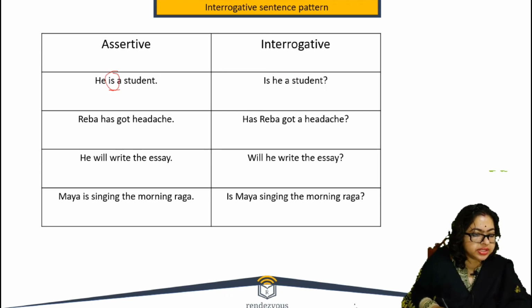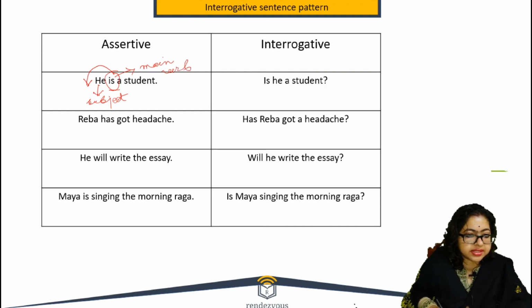So the rule is you have to put that verb before the subject, because he is the subject here and this is the main verb,